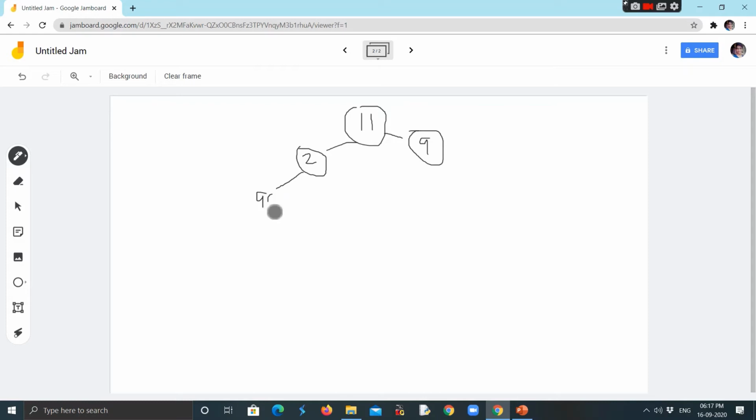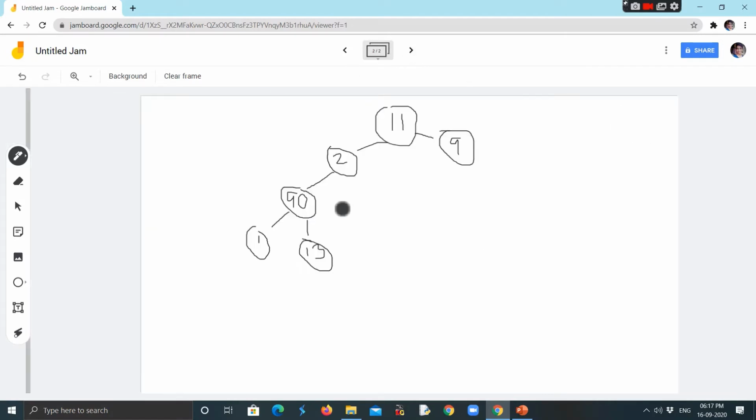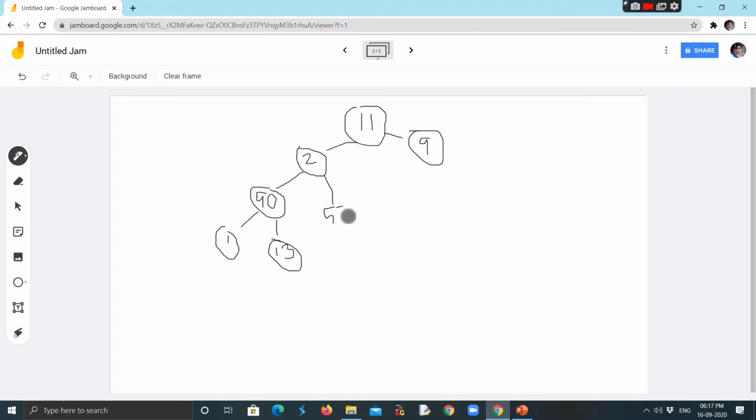So 90, then we have here 13, then we have here 1. And the rest of the elements are as they are, that is 57, 3, 27, 25, and 17. So the first step is done, that is, the last-most element is taken.